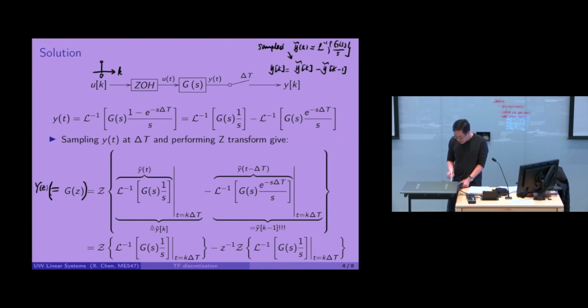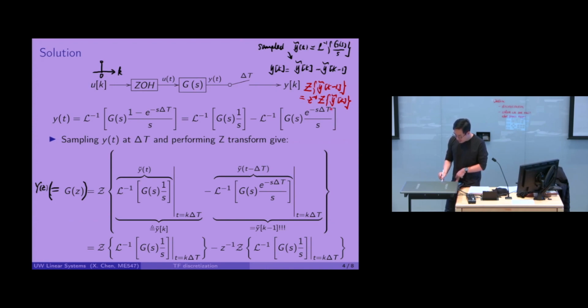And the second one, we can see, because this is just y tilde k delayed by one step, we can use the property: if it's a discrete time sequence delayed by one step, then the Z transform property gives us nothing but Z inverse